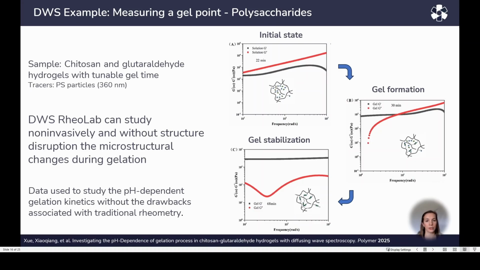They found that the non-invasive DWS technique offers a much more precise approach to monitor the microstructural evolution during the gelation process compared to the bulk rheometry. The external stresses applied in rotational rheometry disrupted the gelation process, which introduced artifacts, while DWS provided highly accurate gel